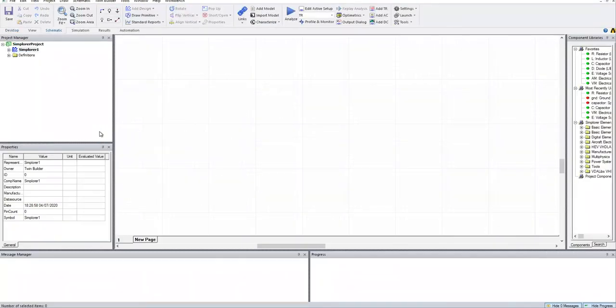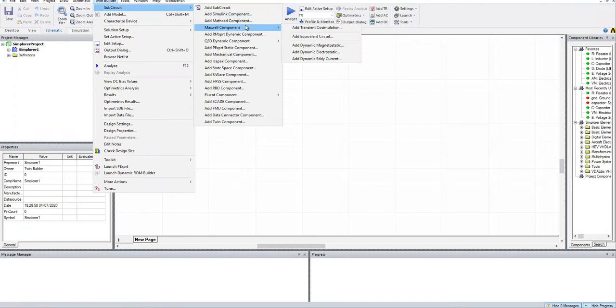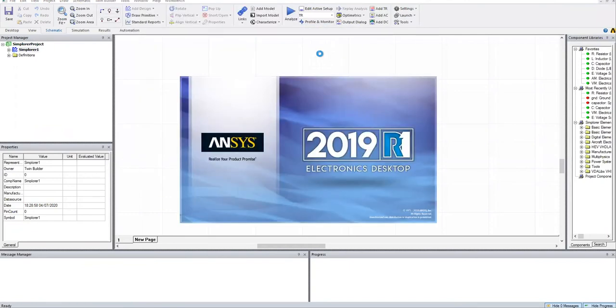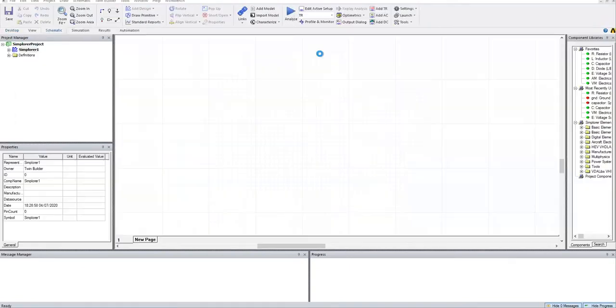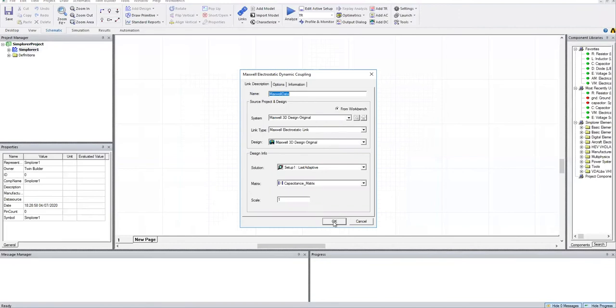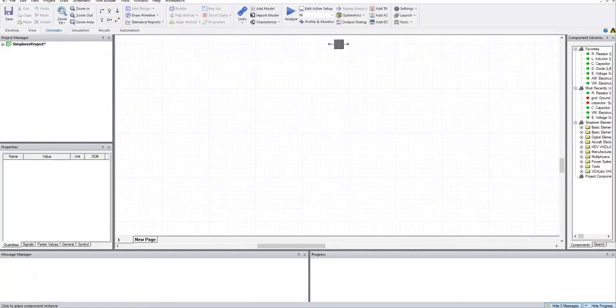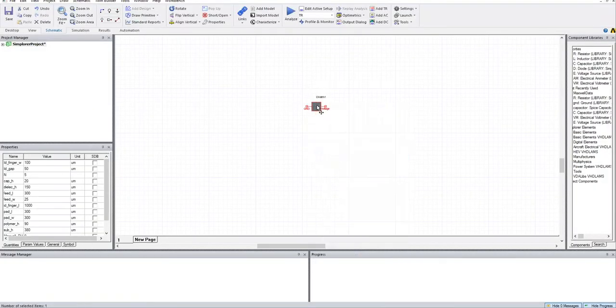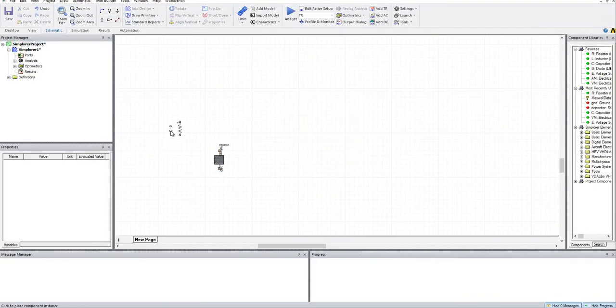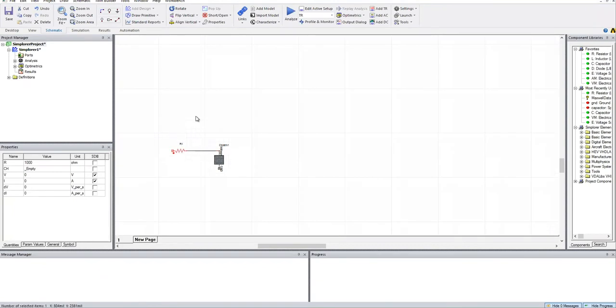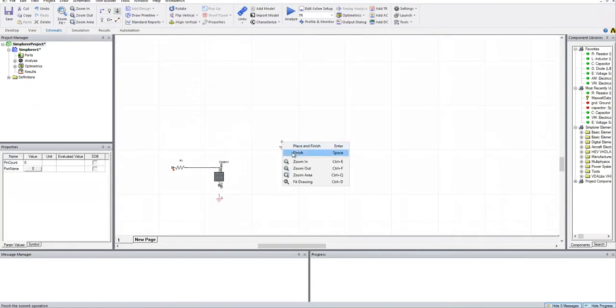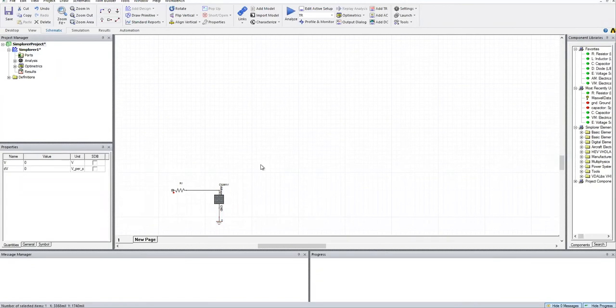After that, we are going to test our sensor. For this purpose, we are going to use Twin Builder. We import our sensor model in the Twin Builder. So this is your sensor with two terminals. One is the ground and the other one is voltage. Then we are going to make an RC circuit, which is the simplest form of circuit that you can build. And then you will attach